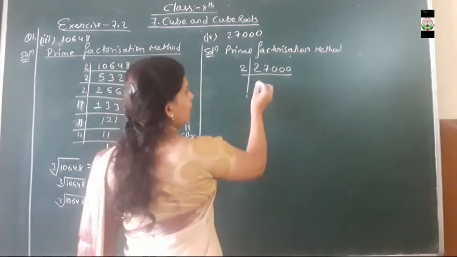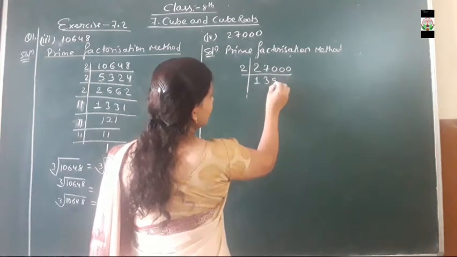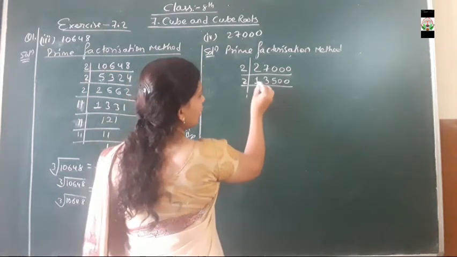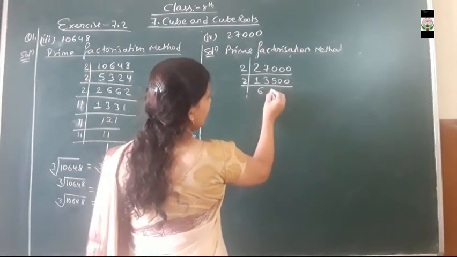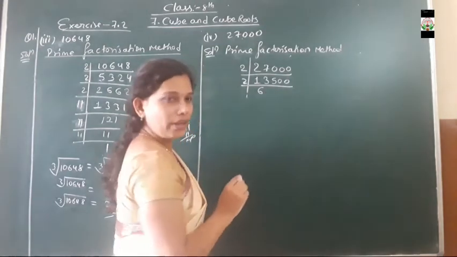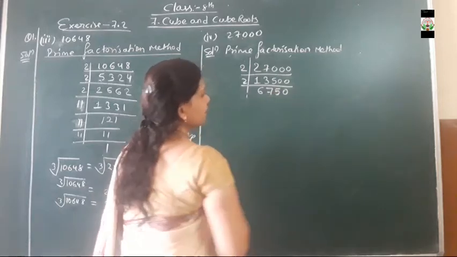See here, 1 times it comes, 3 times it comes, then 5 times, and the others may become 0. Then again 2 it will be divisible as 6. 1 carry 15. 15 comes in the table of 2. No, it won't come, but 14 comes. So here it will be 7. Giving carry 5, 0. Isn't it?